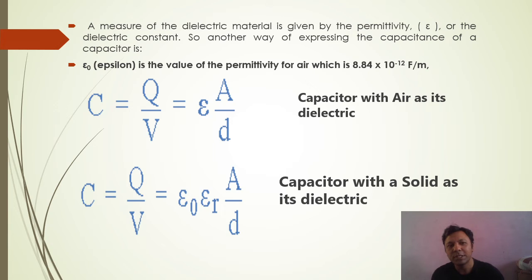So C equals epsilon 0 epsilon R A divided by D. If air is used, then only epsilon 0 is considered, because epsilon R is always 1 for air. But if you use a solid dielectric material, then the equation becomes epsilon 0 epsilon R into A